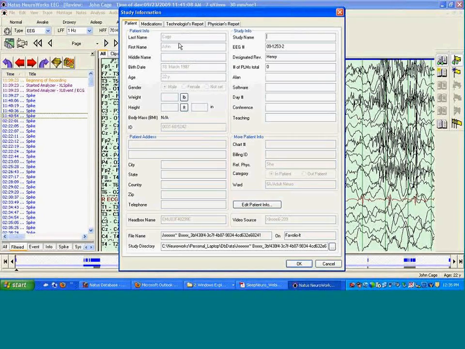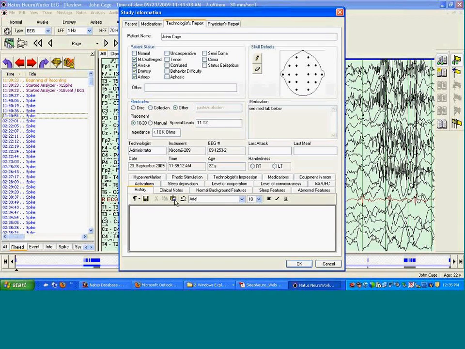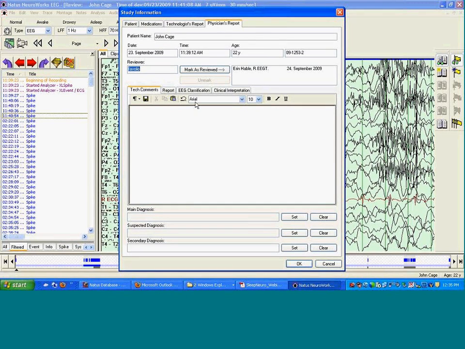In the Study Information form, if you go to any of the report tabs, you will see that there is a toolbar available at the top there. You can control your font styles and sizes. The first button allows you to actually save some remarks, some statements. So if you had a standard statement that you're using over and over again in a report,